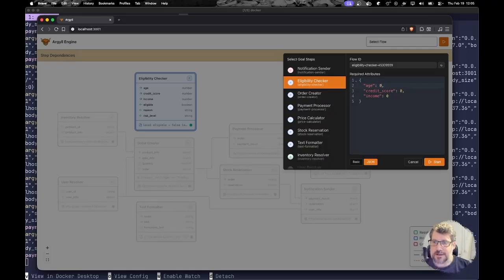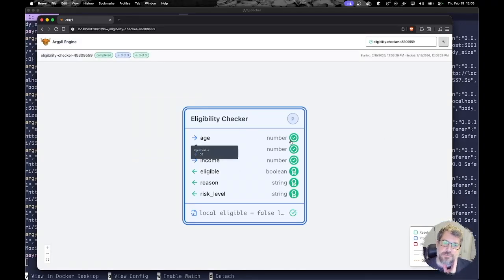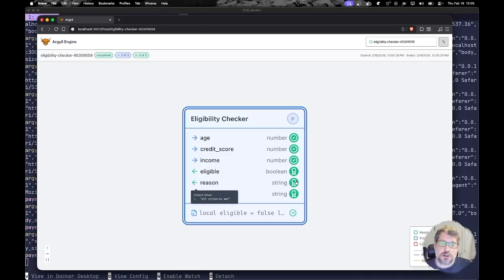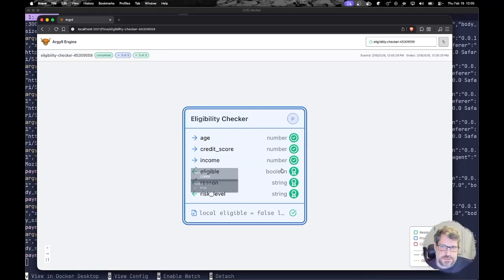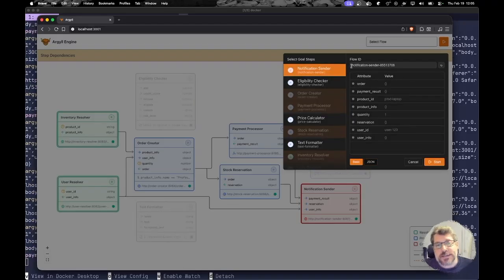And I'll give you an example. Let's say my credit score is, I don't know, 720, which I guess is reasonable, and my income is 150K, right? So if I were to run that, it ran it, right? So here's your inputs, 53, 720, and so on. And here are your outputs. Am I eligible? Yes, I am eligible. All criteria met for the reason, and the risk level is medium, probably due to the salary. I don't know. Anyway, going back,